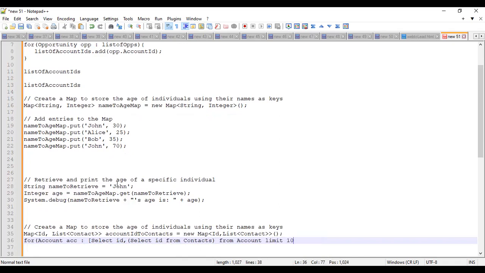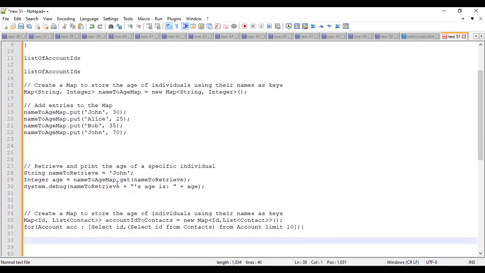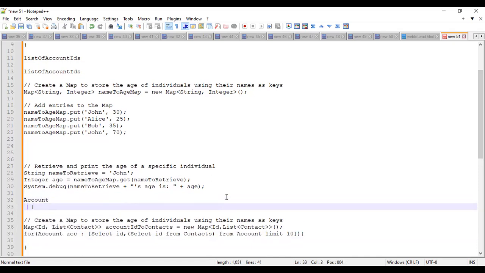For this sample's sake, I'm writing a limit clause without any where clause. Ideally, there should be a where clause everywhere. Assume I have a requirement where I want to show a structure where there is an account like this, and then